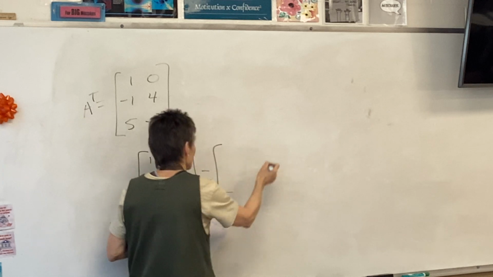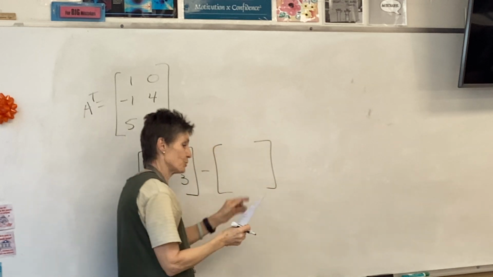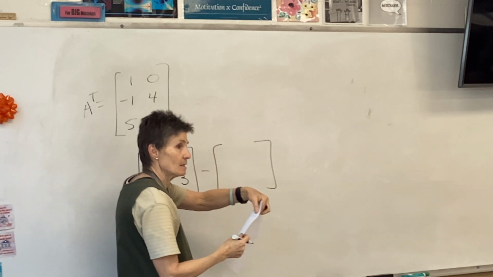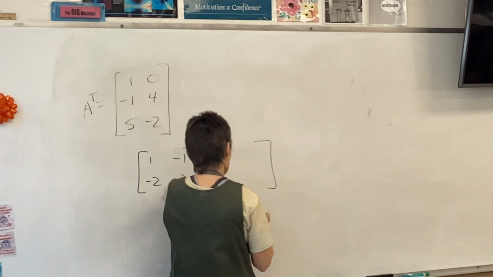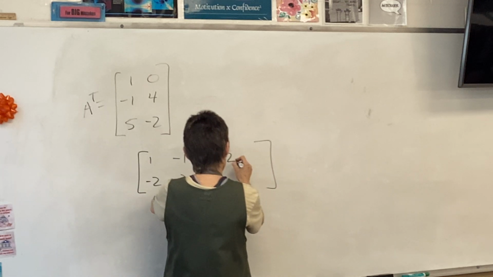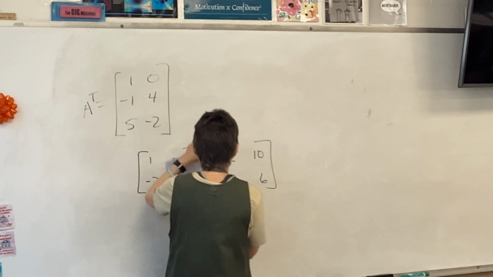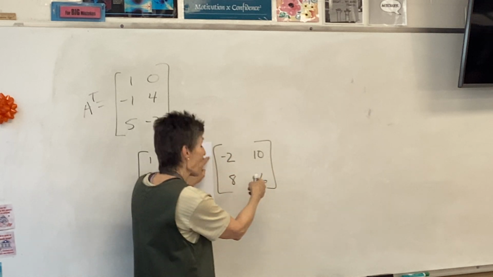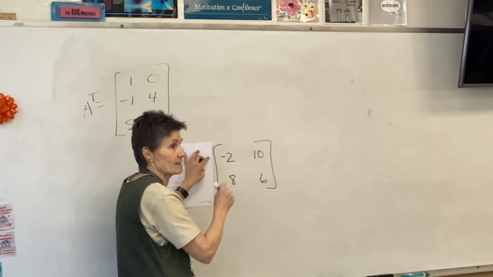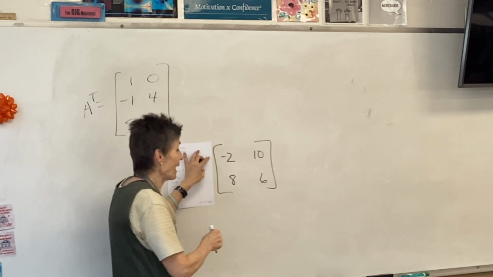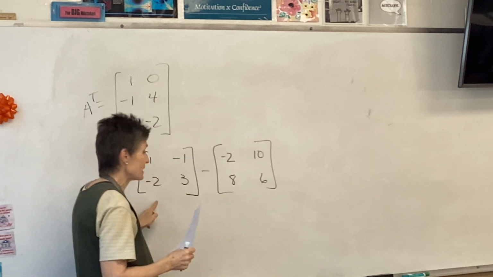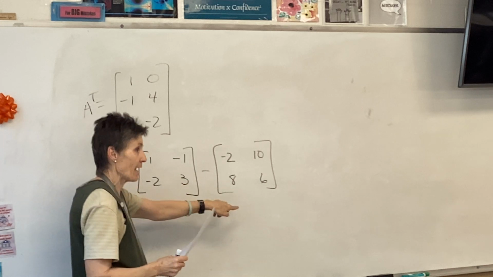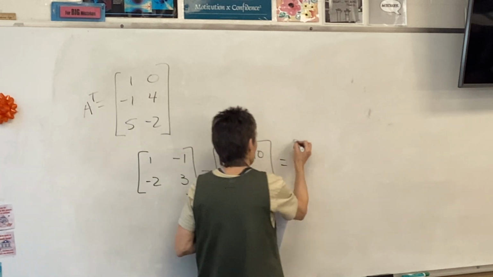And I'm going to subtract 2 D's. So 2 D's would be negative 2, 10, 8, and 6. Would everyone agree that right there is 2 D's? And my job is to take C and subtract that. So the answer,